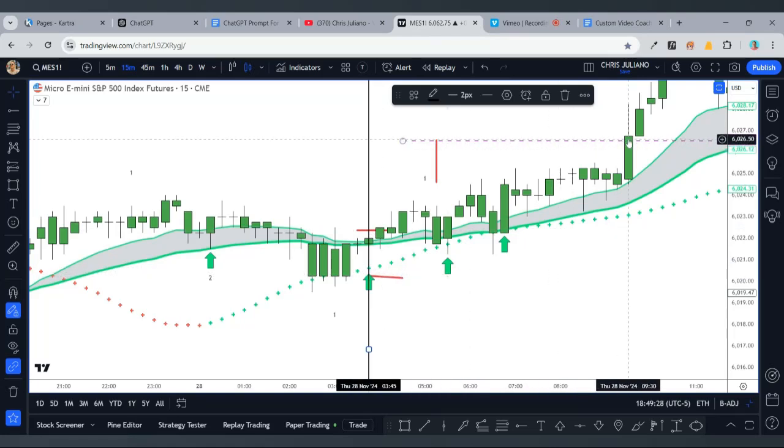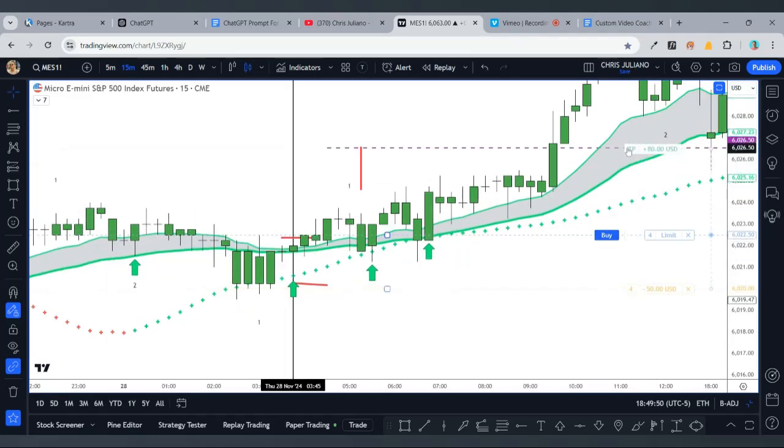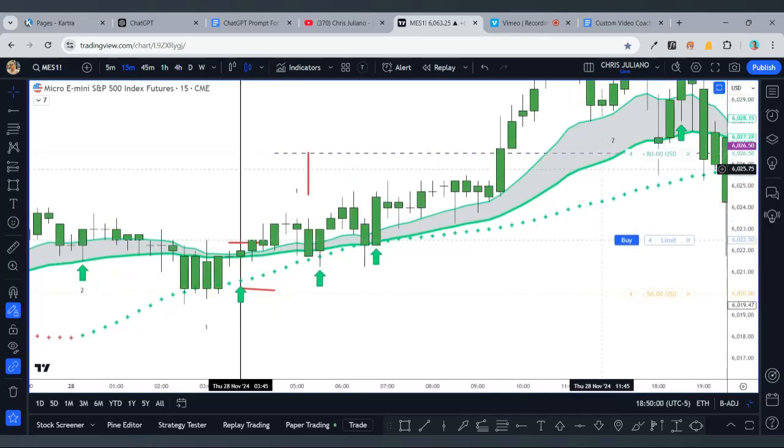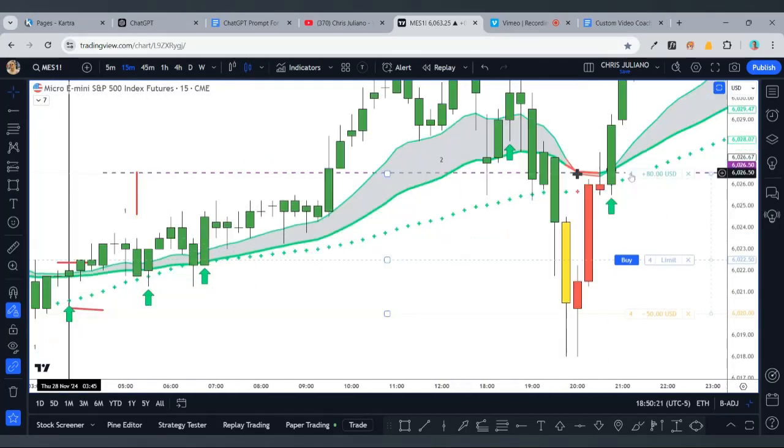Boom. Hit. Okay? On TradingView, it would look like this. Entry, stop loss, and you would hit buy. Okay? And you would take your target, slide it up to 2-to-1, and there you go. This is a 50. You made approximately $80 there. All right? 2-to-1 risk. And that's with 4 contracts on the micro S&P. So what you would do on your target, if you had 4 contracts, is you would take off half. You would take off half your position here. So take off 2 contracts here, and then you would go 3-to-1